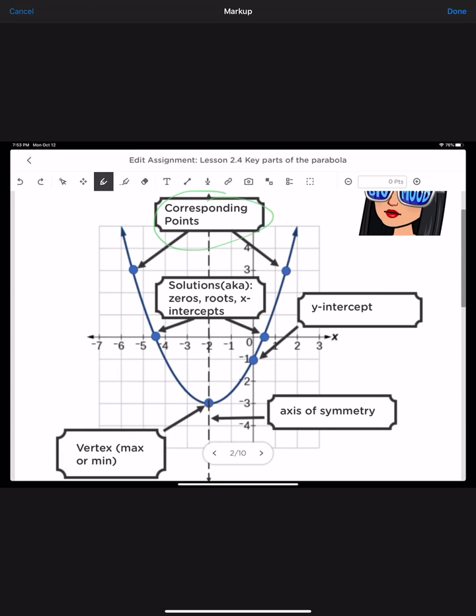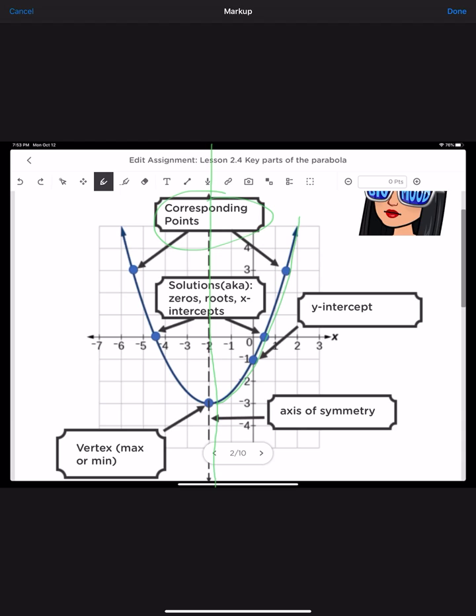Corresponding points are points that are equal distance from the axis of symmetry. The axis of symmetry, which we'll talk about, is right here. It is literally the line that cuts my parabola in half perfectly. So our corresponding points are reflective. Basically, if I were to fold this parabola back, they would end up perfectly aligned to this side. And so they are even distance from the